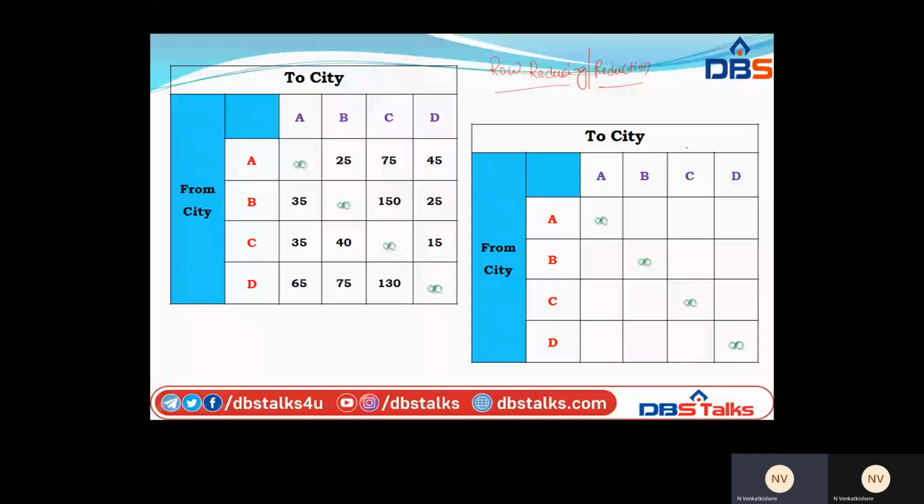This is the new table. From there we need to do the row reduction. Identify the least value in this table. By default we are noting down the infinity.